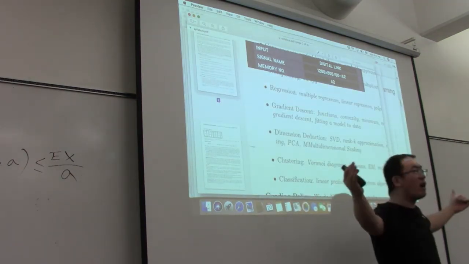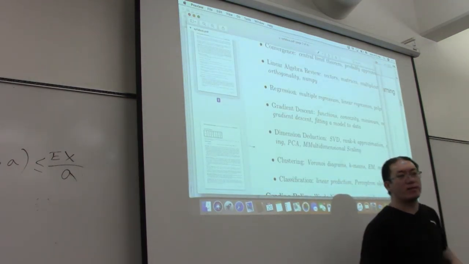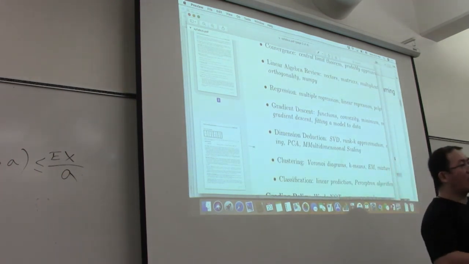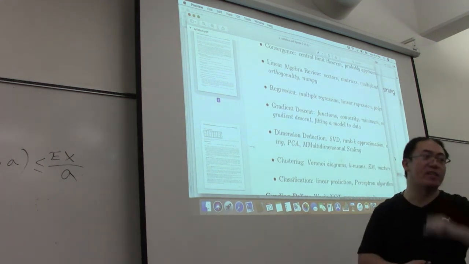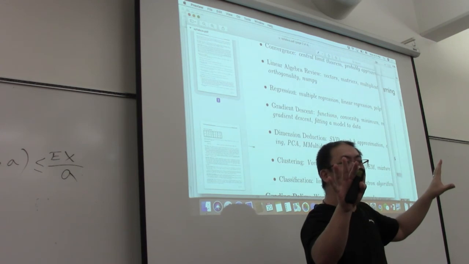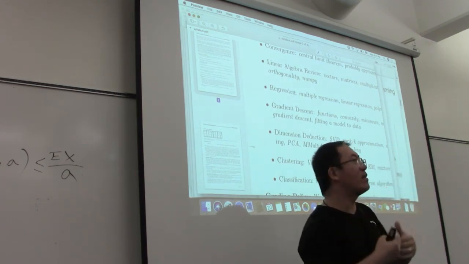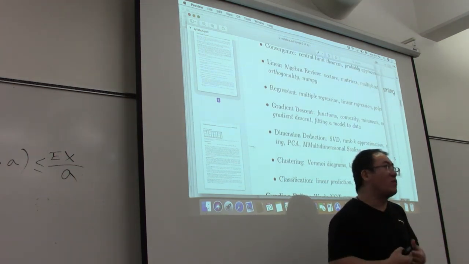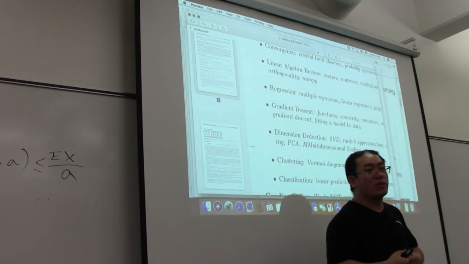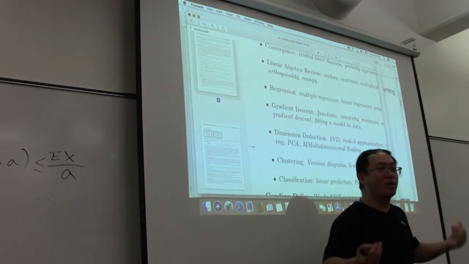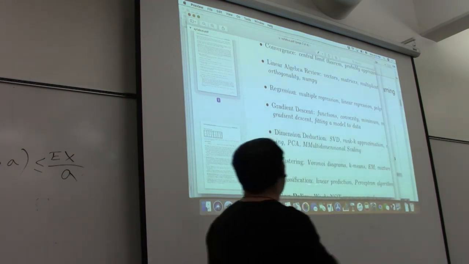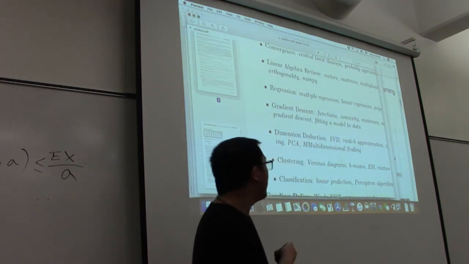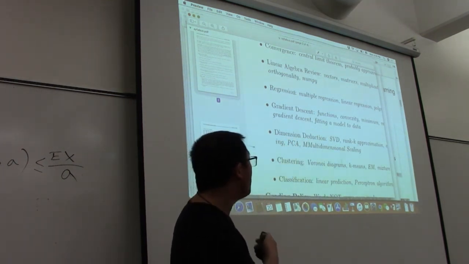How can we project this very high-dimensional feature vector into a two-dimensional space, namely onto a plane? If we can use just a two-dimensional feature vector to represent each customer, then we can visualize them on a plane. And then just with our eyes, we can see where the communities are, where the groups of customers who have similar purchase interests are, and what the outliers or anomalies are. That's about dimension reduction. We'll introduce the classical dimension reduction techniques called SVD, rank-k approximation, PCA, and so on.